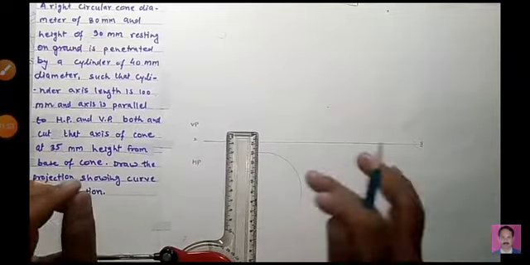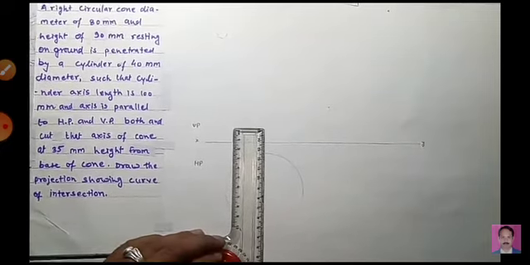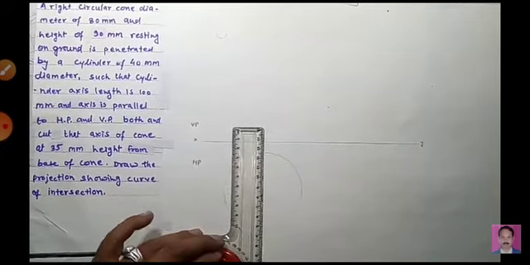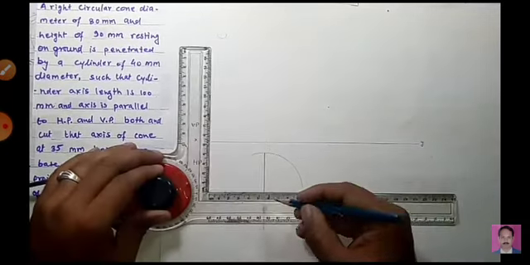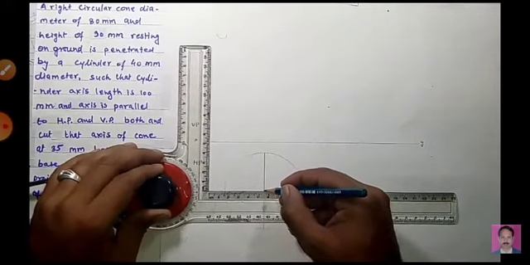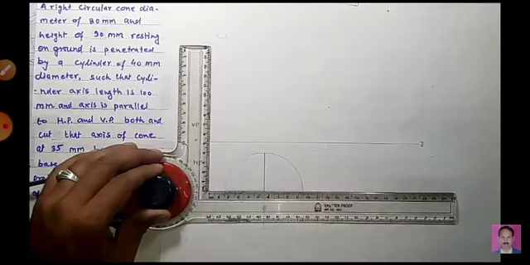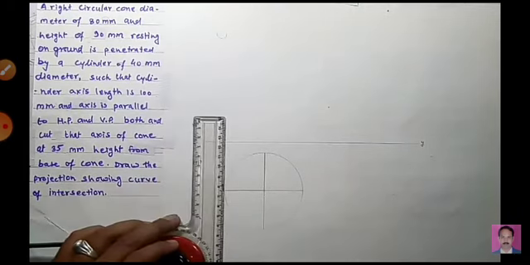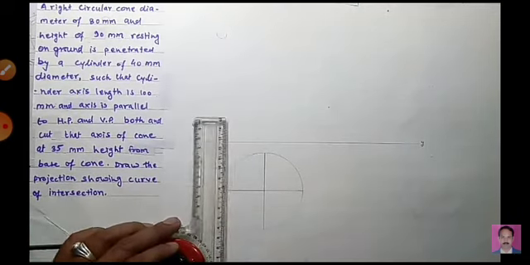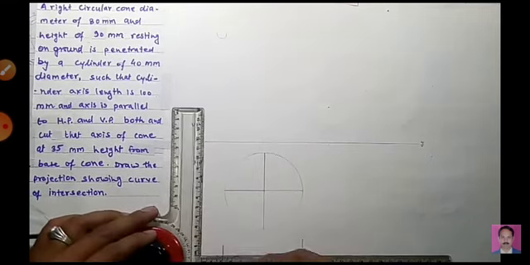Let's draw the circle which is the top view of the cone, which is equal to 80 millimeter, the diameter of that cone. This is the top view, this is the diameter of the cone. So again we have to divide into four parts so that we can draw it on the vertical plane and draw its side view. So let's draw the vertical plane to its dimension, 80 millimeter.